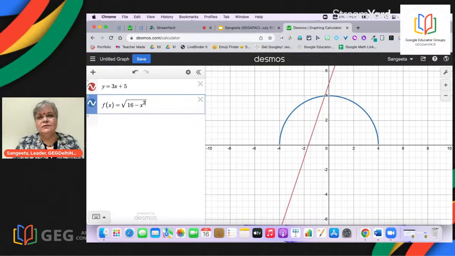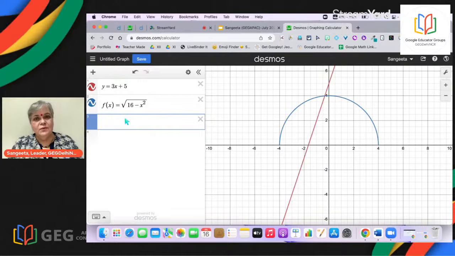I use the shift and the number 6 key to take the cursor up in the exponents of x and type in the exponent that you are interested in. So that's how super easy it is. And again, when you are doing this as an exploration with the students, you can always bring in and say,